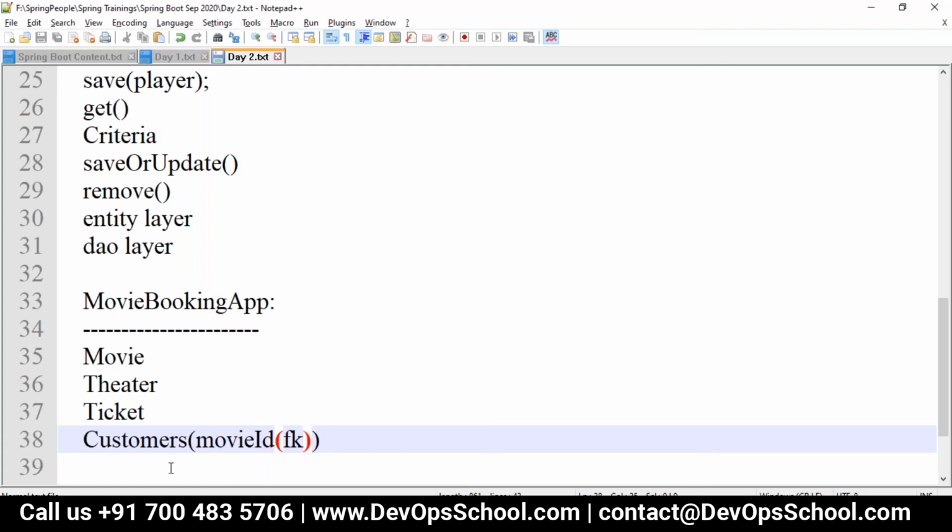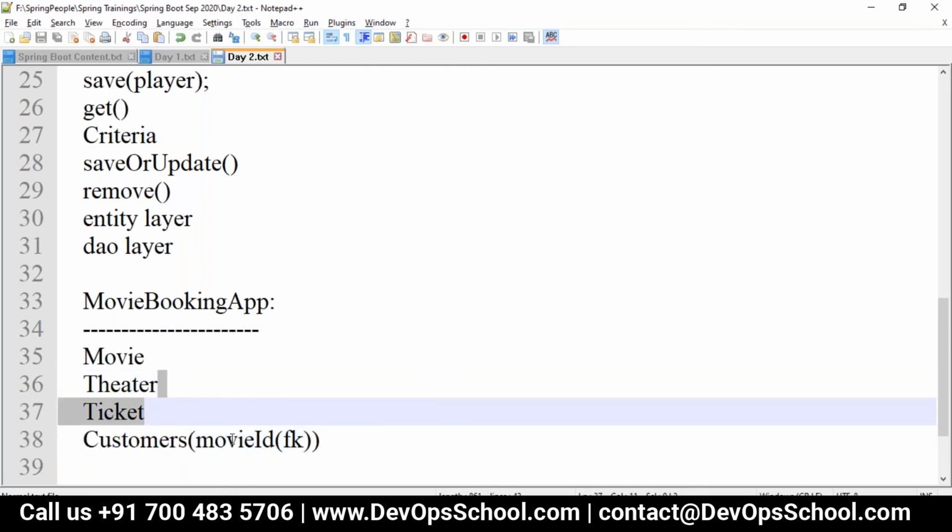So if I want to get which movies a particular customer has watched, you first have to retrieve the customer ID, and from that customer you have to search which movies the customer name is present in. Instead of this, if I retrieve a customer, it should give all the relations also, so I can go with Hibernate or any ORM tool.